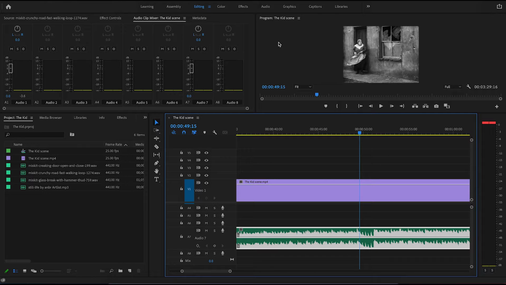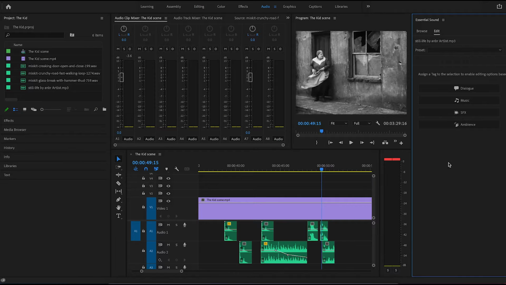The last thing I'm going to show you is the audio effects panel. So up here at the top, right now we're in editing. If we go to audio, we've got this very cool Essential Sound panel over here. So I can click on a sound effect. So for instance,